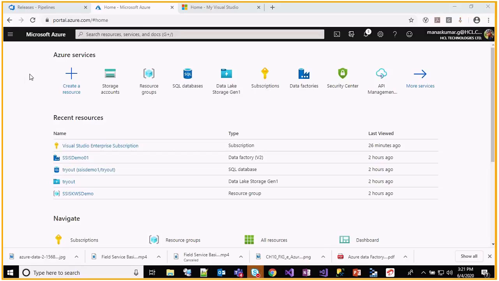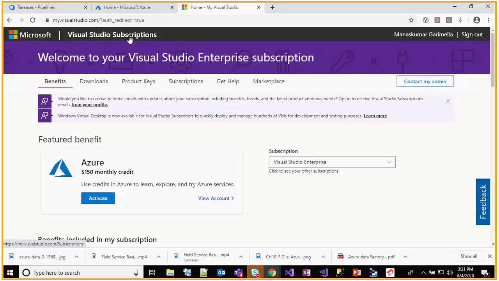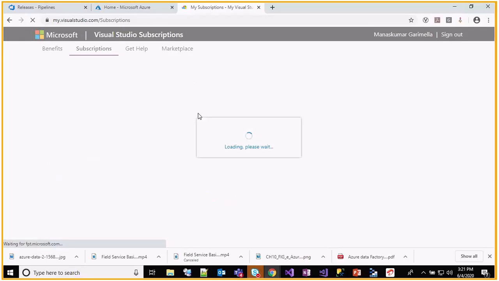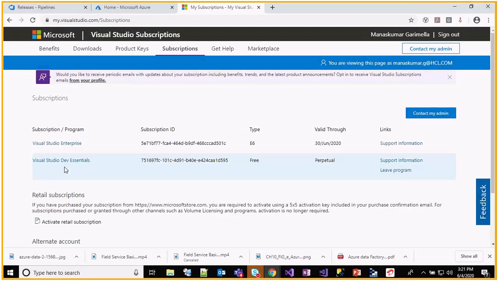Okay, fine then. So in order to work on the data factory, most of us will know we have an enterprise license. If you go to my.visualstudio.com, if you go to the subscriptions here, everyone can see they are provided by default with an enterprise license. This is a Visual Studio Enterprise, and with this enterprise license we have a lot of benefits. So if we go to the benefit section,